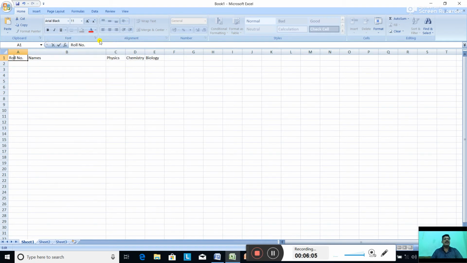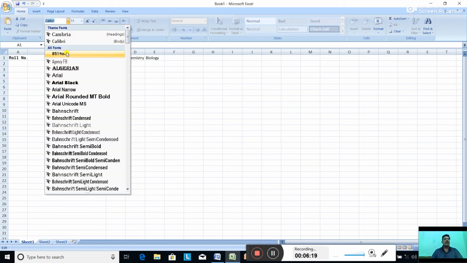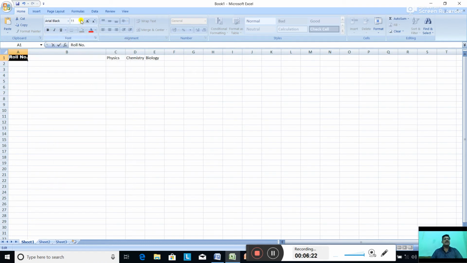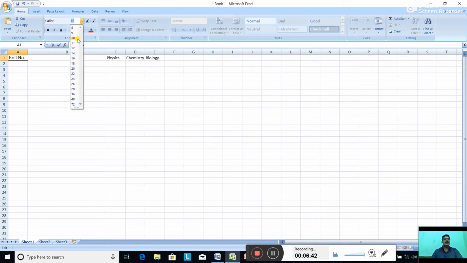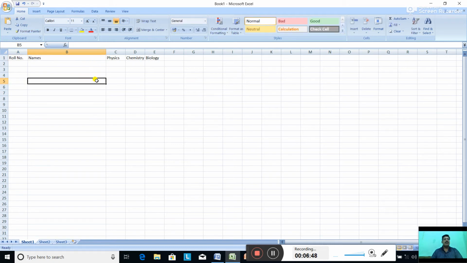Suppose I want Arial Black and size 12. Font is changed, size 12. Or you can leave it as it was, Calibri.